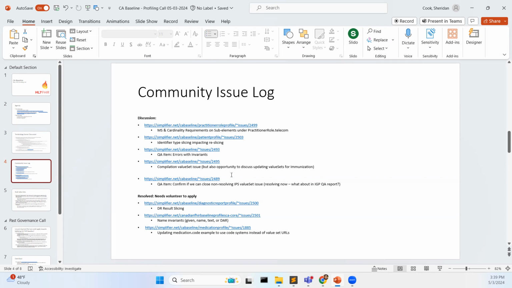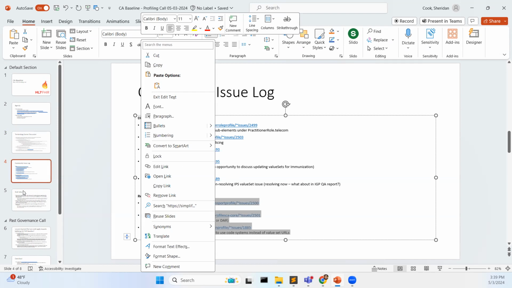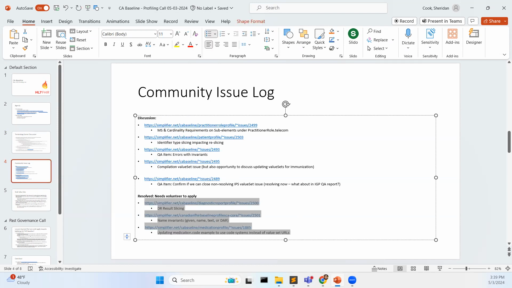Before we go into them, I'm going to highlight these and put them in the chat before the end of the call. I'd like to see if we have some volunteers on these community issue items. I apologize because they don't transition very well into the chat with the additional information on them, but take a look. I think they're all relatively straightforward. We had really great participation in the last few months, having some co-editors on this. So I will make the call-out for volunteers at the end. If you have one of these that you want to work on and get credit for making the change, I'll ask that at the end. But in the meantime,